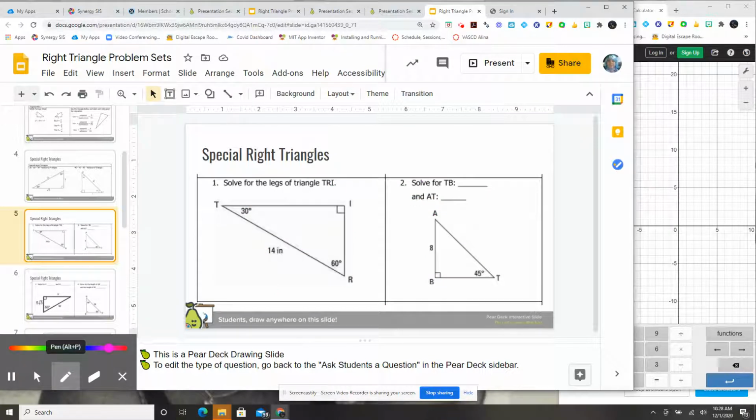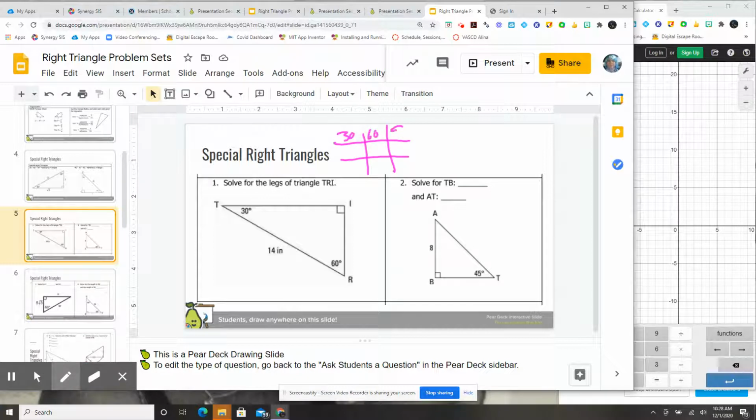So if I take my 30, 60, 90 triangle, I've got x, 2x, and x on the square root of 3. Solve this equation and you get x equals 7. So this side equals 7. So 7 and 14 and 7 on the square root of 3. Same thing for the next one,